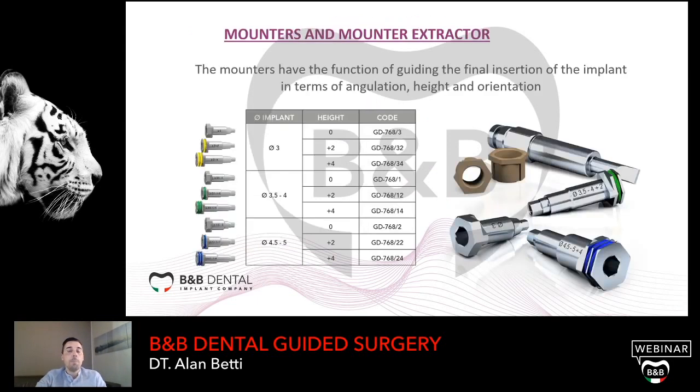Sorry. Okay. These are the mounters. These are our new mounters. Yellow, 3 different diameters. So, sorry, 2 different diameters, but for sleeve 5.5, sleeve 4.2, and for slim connection. So yellow